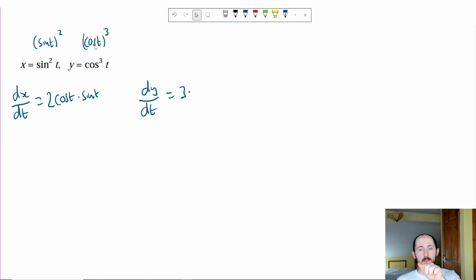We differentiate what's on the inside, so instead of cos t, it's going to be negative sine t. So negative sine t, and then we times it by the bracket with one less power. So that's going to be cos squared t. If I simplify both of these just to make my life a little bit less painful,